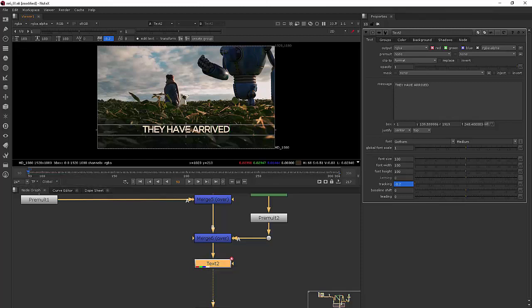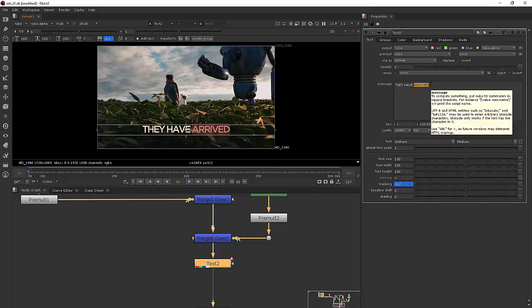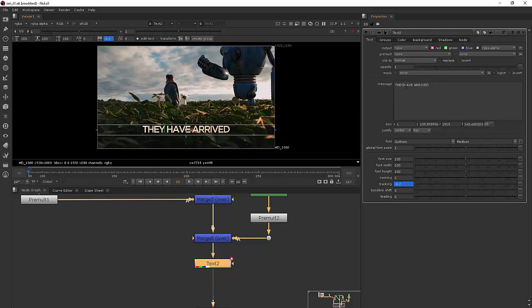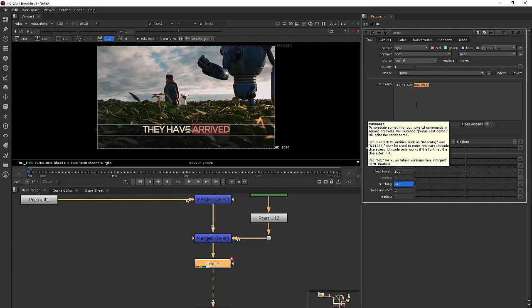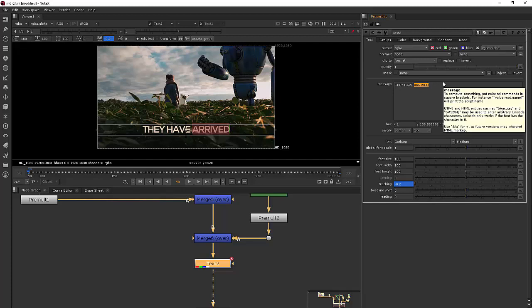I want to show you what I can do with some text groups, starting on this text we already have. I'm going to highlight this word arrived. As you notice, as I'm highlighting it here, it's also highlighting over here in our message field, which is really nice, that we can highlight in either place and it translates to the other. This is really helpful if you need to highlight in the message field, if maybe you have the opacity turned all the way down on something. You don't have to worry about turning it back up and then turning it back down just to be able to set some keyframes for a completely